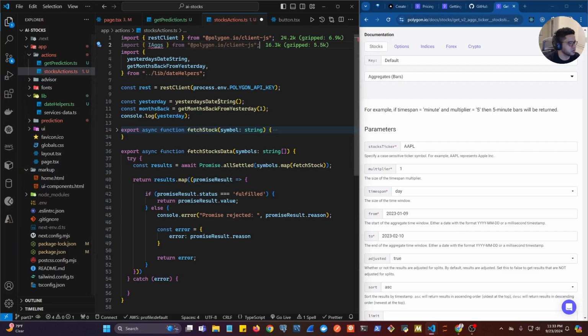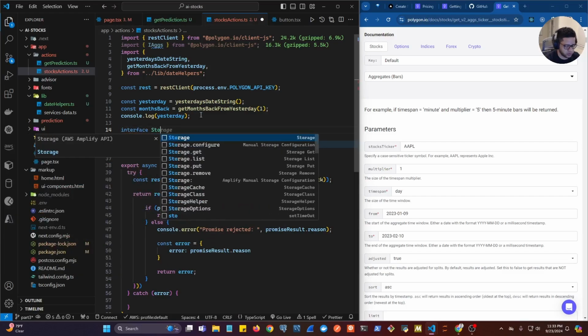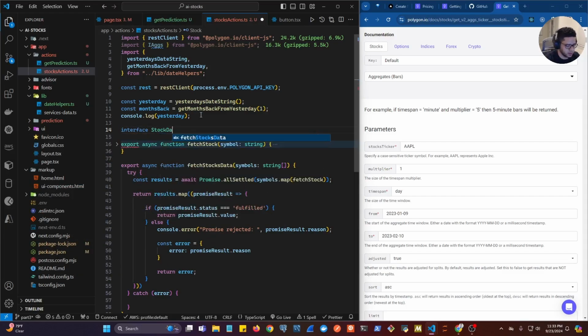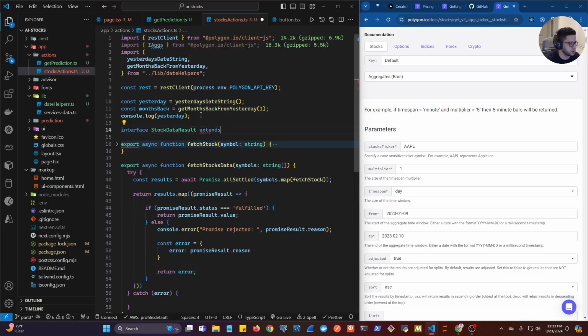Let's just do it down here. Let's just do interface, and let's call this one StockDataResults, and this one is going to extend the